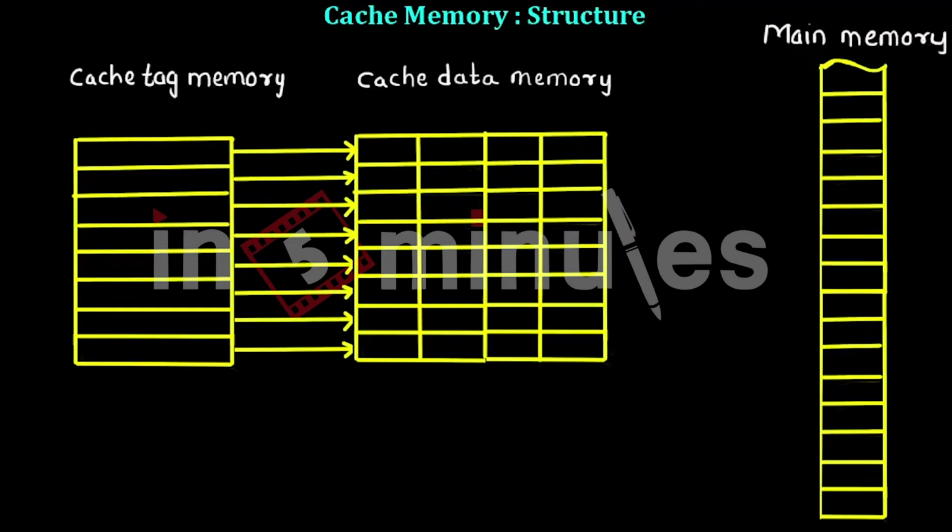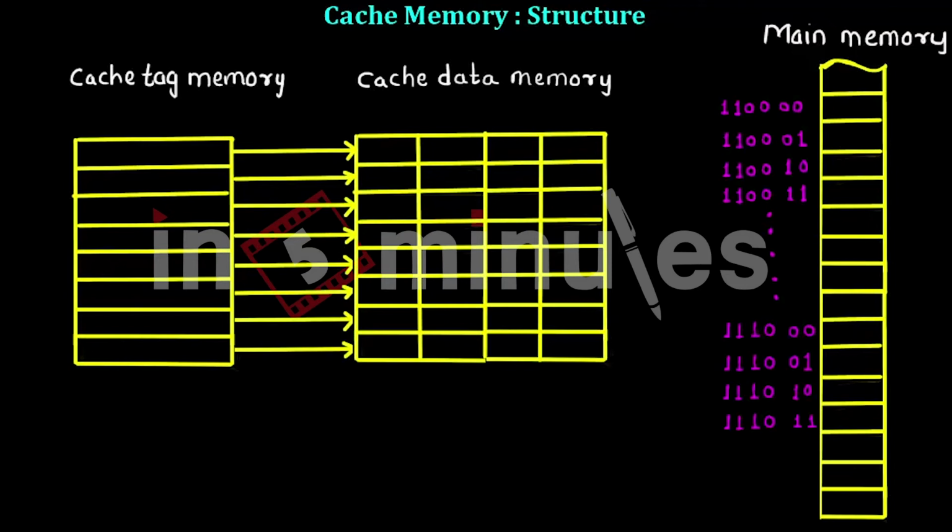So we have these main memory locations as seen here. Now let's put some addresses and the data in the main memory. So the main memory is addressed by, let's say, 6 bits. So a total of 64 locations are there, and they are addressed. 2 blocks are addressed as shown. Now here each cache line is going to contain 4 words. That is why the main memory is divided into blocks of 4 words each.